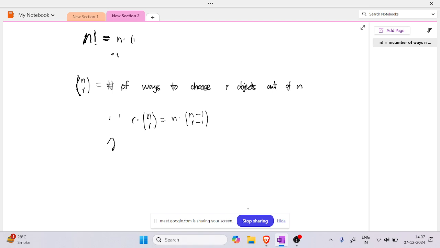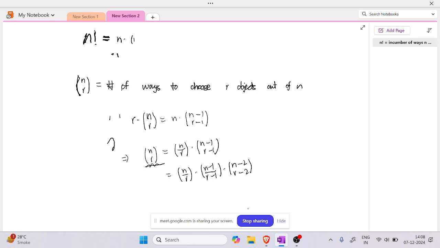So this gives you a recurrence where nCr equals n by r times n minus 1 C r minus 1, and then you can apply this recurrence again to get n by r times n minus 1 by r minus 1 times n minus 2 C r minus 2,